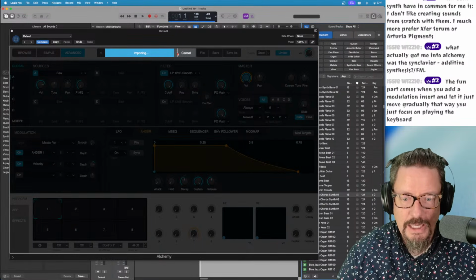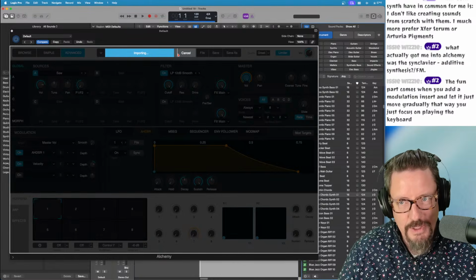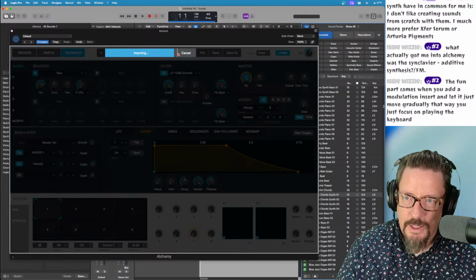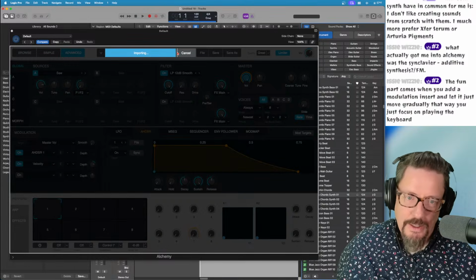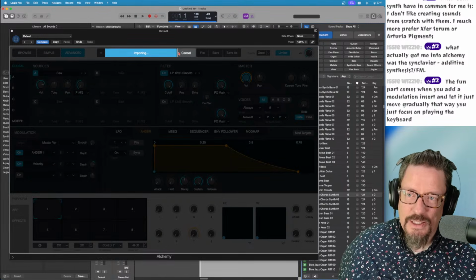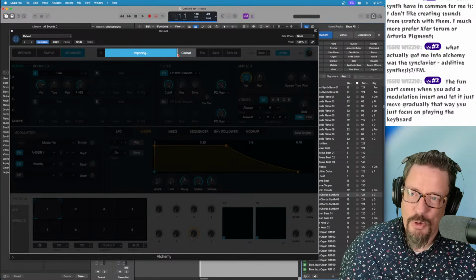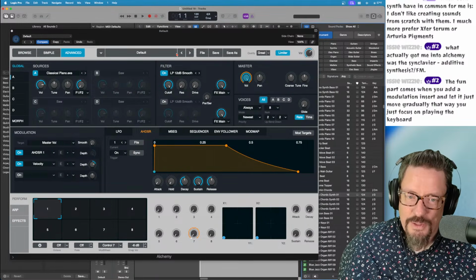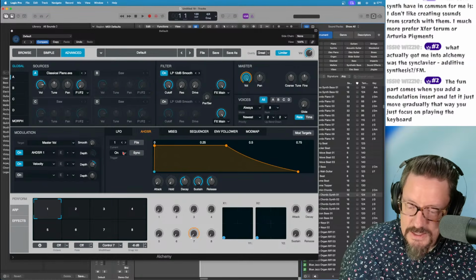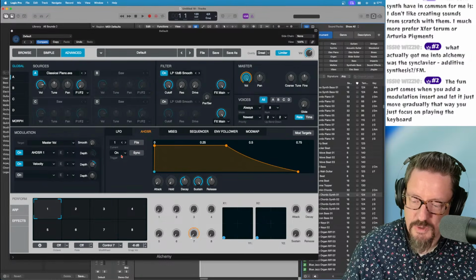Now, Alchemy is slightly guilty of this as well, which is fine. We don't have all the graphic prettiness of it, and I actually really love that they kept some of that stuff just more plain. I don't think we always need to have all these fancy interfaces for things. I think sometimes we just need function that sounds great.